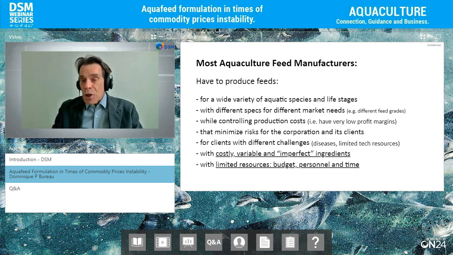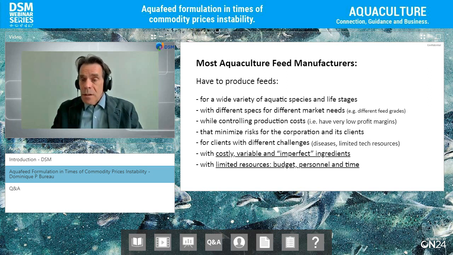This is within a context that you have limited time. There's only 24 hours in a day, and you have limited budget, limited personnel. You can dream about having a big R&D team and a big R&D center and stuff, but it's probably not realistic to expect that. And you have limited amount of time. You have a problem, you have a situation, well, things have to be addressed right away. You cannot just wait several months to get the results from research. So how do you approach these challenges?